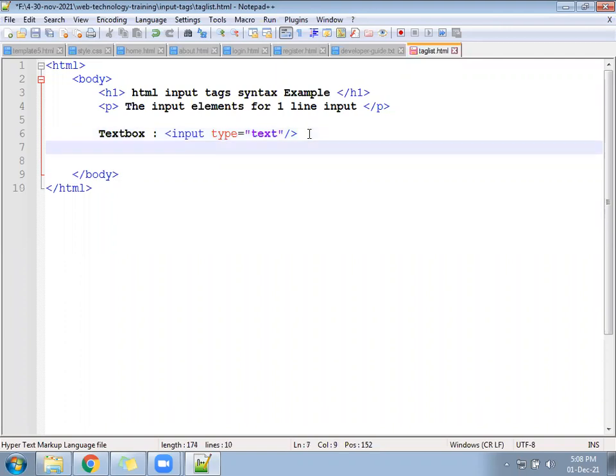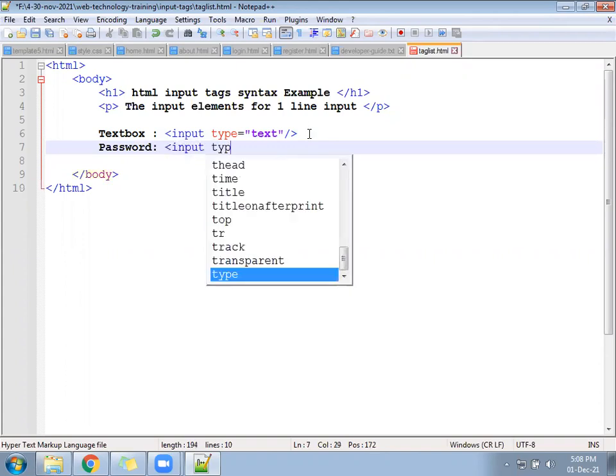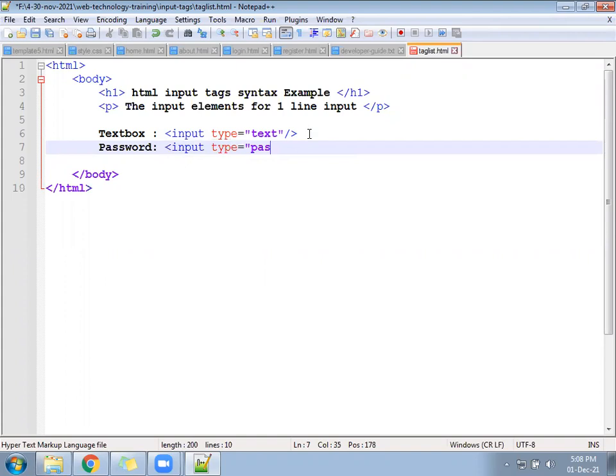Write the next: Password. Input type equal to password. Check now.